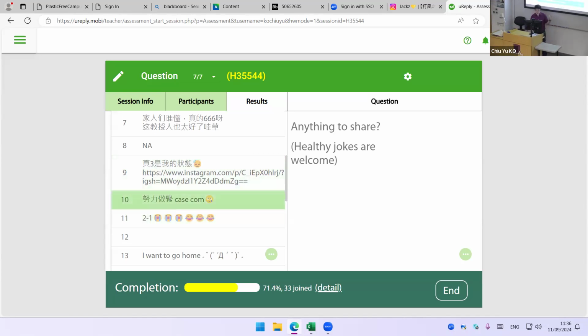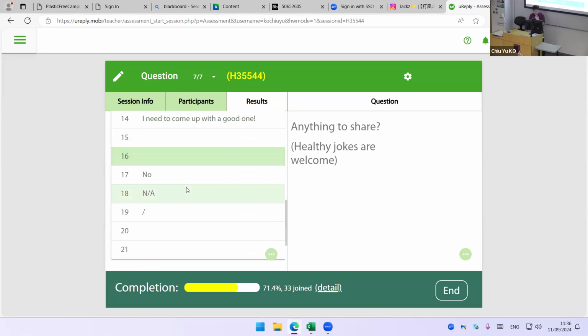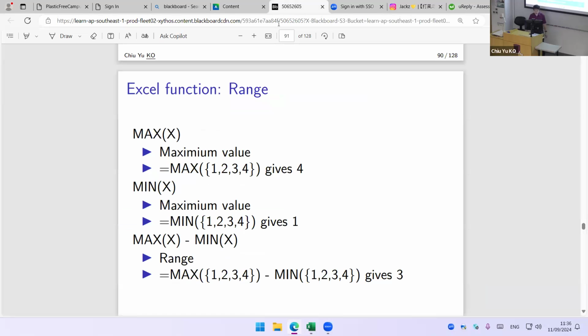So some people are busy doing the case, I find. I mean, 2 versus 1, I guess you mean the football thing, right? Saudi Arabia versus China. I want to go home again. Okay, so far I think it's okay. So as agreed, no one says no to the